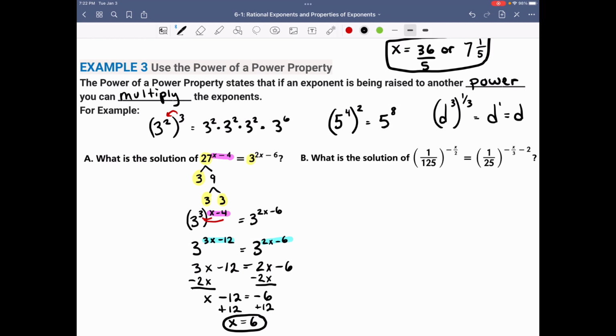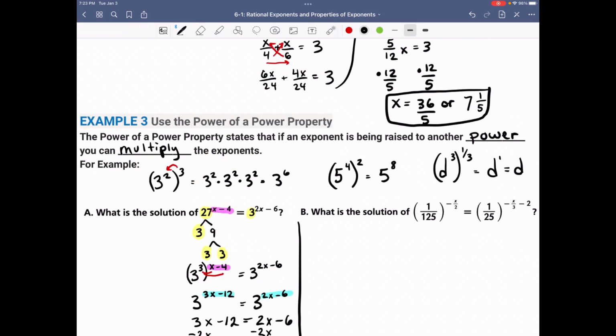Now we need to do b. All right, for this one, we have 1 over 125, and we have 1 over 25. Unfortunately, we're going to have to factor both of these. So 5 goes into 25 5 times. And 5 times 25 is 125. And 25 is 5 times 5. So we can see in this factor tree